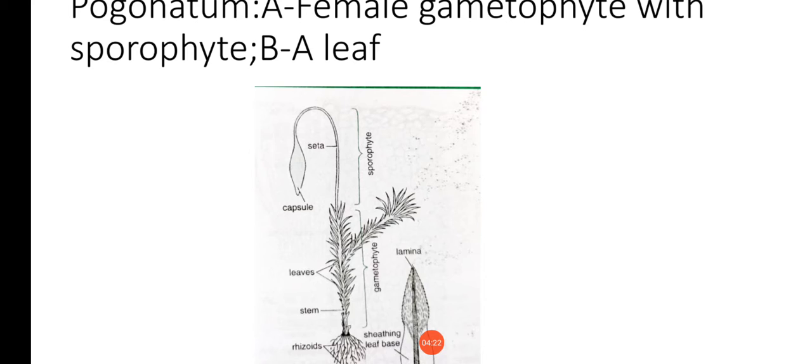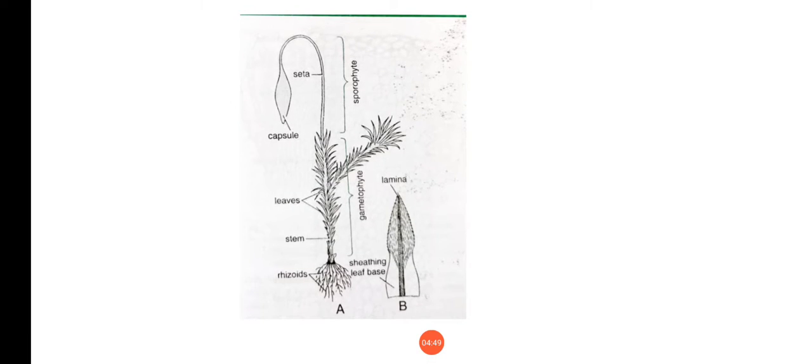These branched or erect stems form thick mat-like cushions which are found mostly on the hills. The leaves have sheathing leaf base and are spirally arranged on the stem. The leaves have a distinct midrib which is thick and which bears lamellae or wings on its side. You can see the figure B.